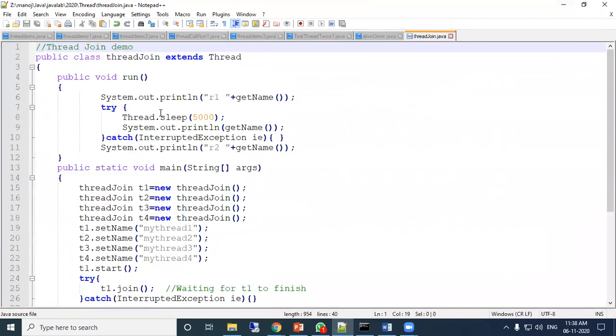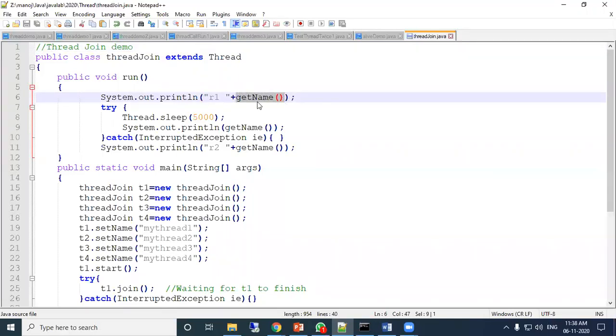Just see the program. So these programs I will share with you, so you will write and use it later. So next, here I used in the run method, there is a get name method used. So many things I have used here.